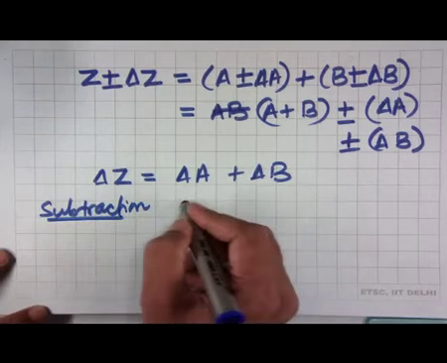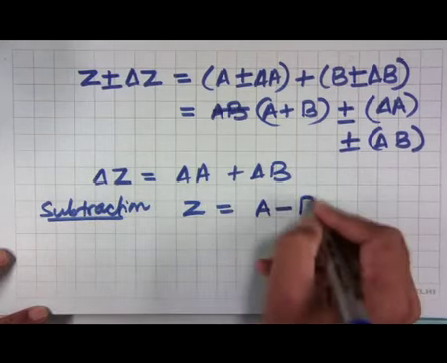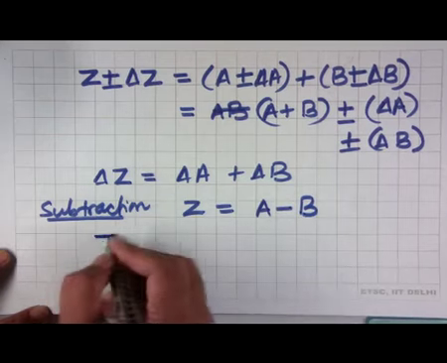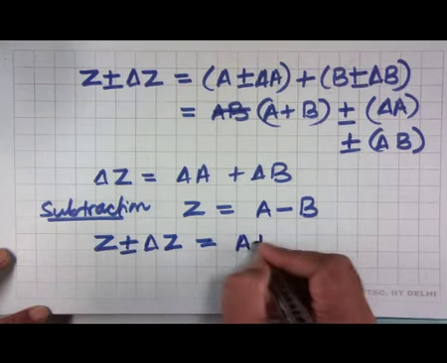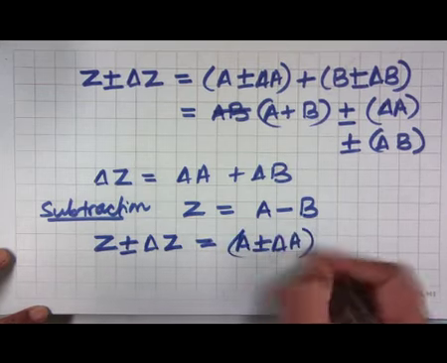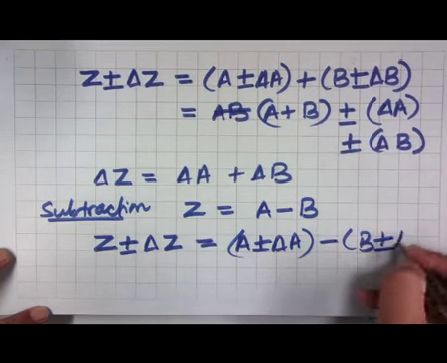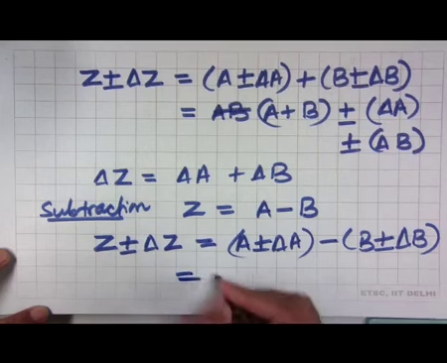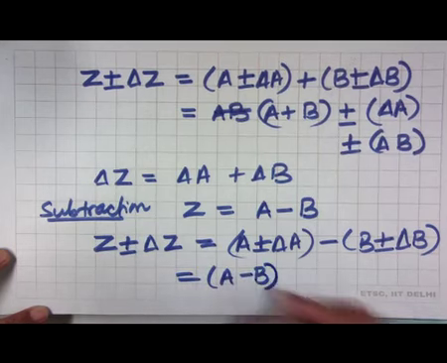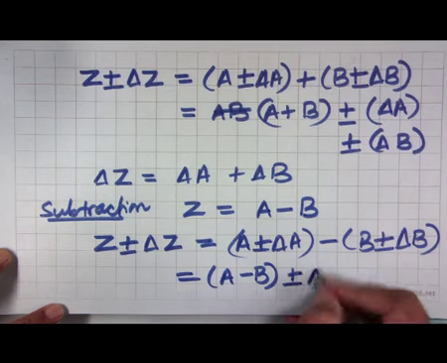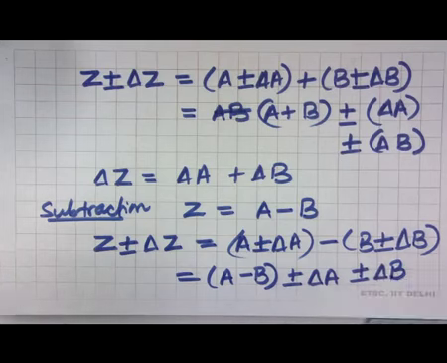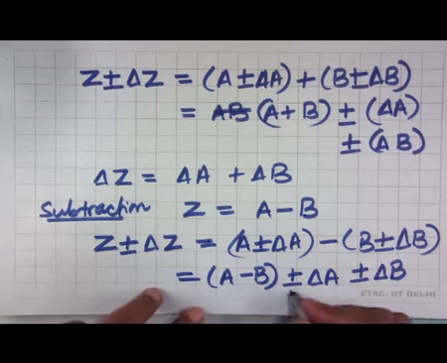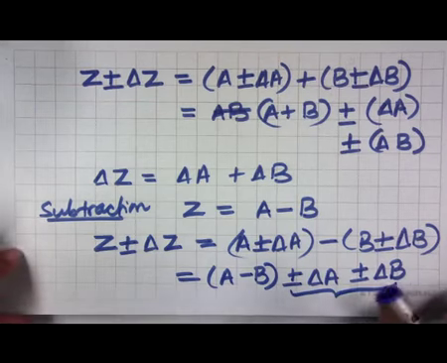Similarly, let us look at the subtraction, and this is where we will have to be slightly careful, because suppose z is equal to a minus b. Then if we use the same thing as we have done before, z plus minus delta z will be equal to a plus minus delta a minus b plus minus delta b, and this will be equal to a minus b plus minus delta a, and once again we will get plus minus delta b. And so, now if we are looking for the maximum error, the maximum error here will be given by,